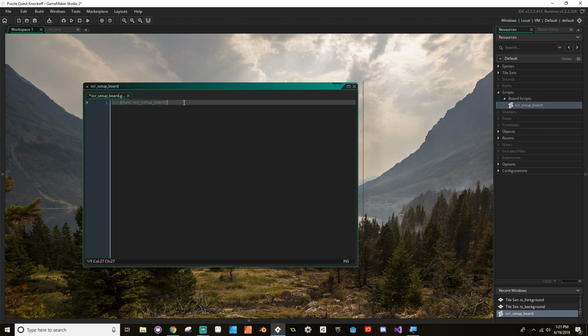And this is going to require a width, which is how wide the board is, and a height, which is how many rows we want to have in the board. Now we can go further than this, but for now I'm just going to leave it there. Now when we're creating our script here, what we want to do is first tell the script